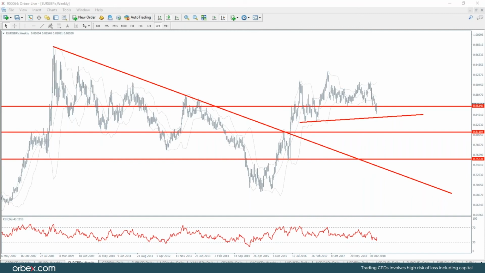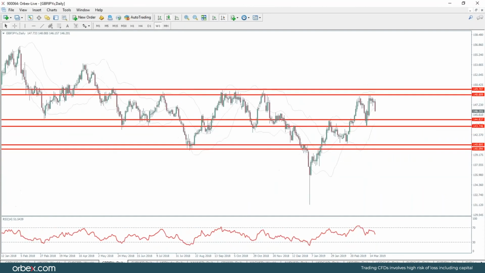Okay, and then the final chart that I'd like to take a look at is the sterling yen. Now, this is interesting because you can see that the sterling yen has started selling off now in response to news that Theresa May is asking for this extension of 3 months. And the initial response we've heard from EU leaders is that they could potentially agree to an extension, but only if Theresa May goes back to Parliament and gets parliamentary approval for her deal, which, as we outlined at the start of this session, isn't a clear-cut operation. And so that does present the risk that we could see the EU unable to grant the UK an extension